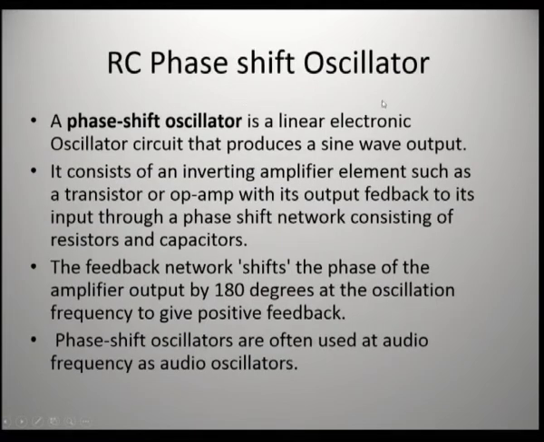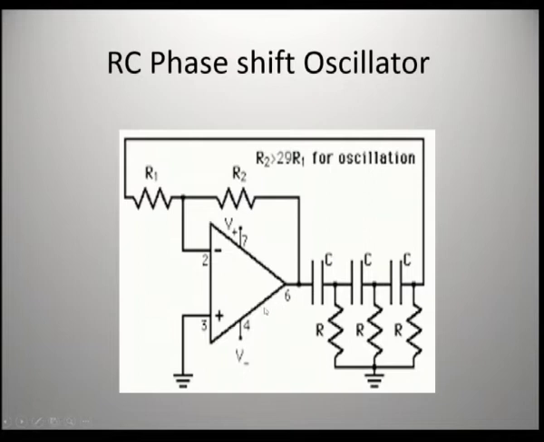So, we are going to see the types of oscillator. First one is RC phase shift oscillator. So, this is the circuit of RC phase shift oscillator. You can say this is an application of operational amplifier. So, this is operational amplifier,